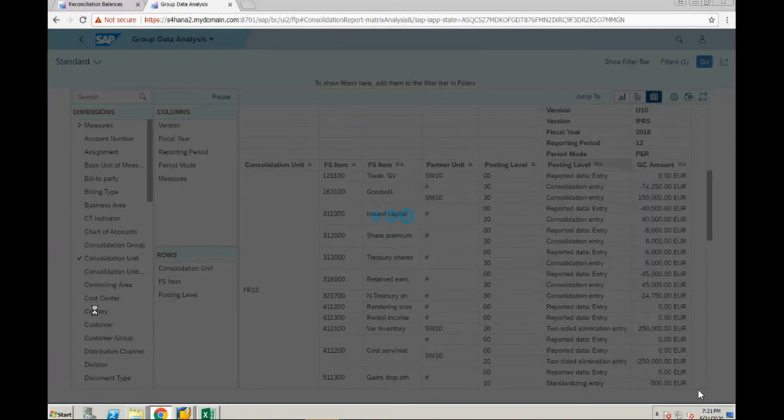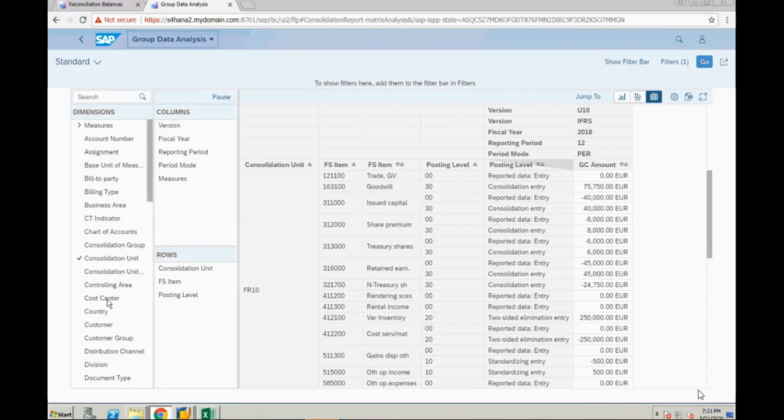So posting level basically tells you what is the prior consolidated data, after consolidated data, what is your elimination data. See, 20 means two-sided elimination. You can see the data in the global currency amount or group currency amount or local currency amount.